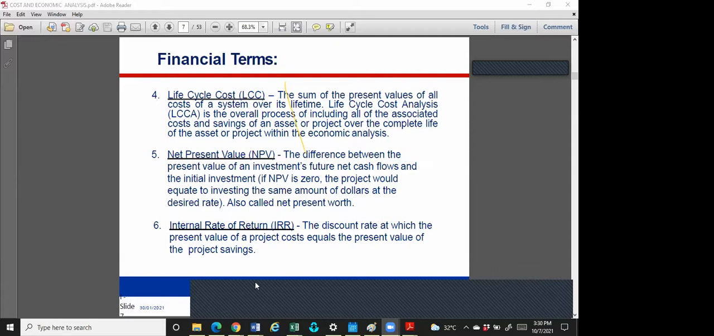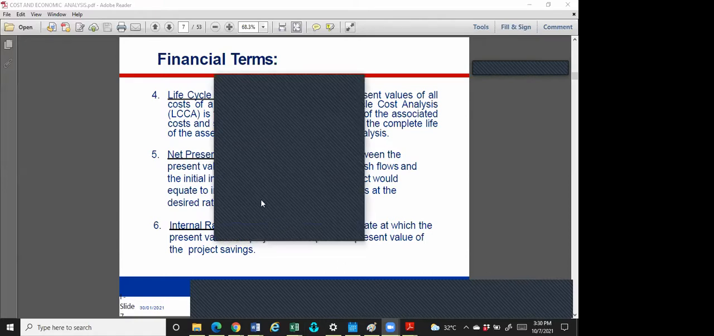Okay, so the internal rate of return is the discount rate at which the present value of a project equals the present value of the project savings. Now, don't be confused. I'm going to explain these things using figures and copious examples. So when you talk about internal rate of return,